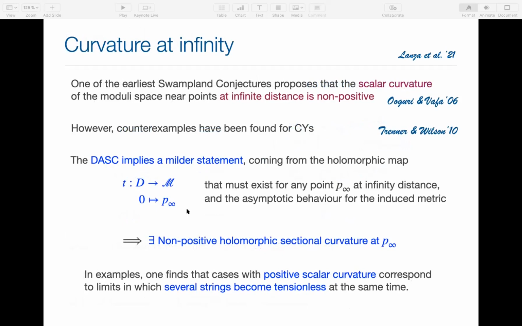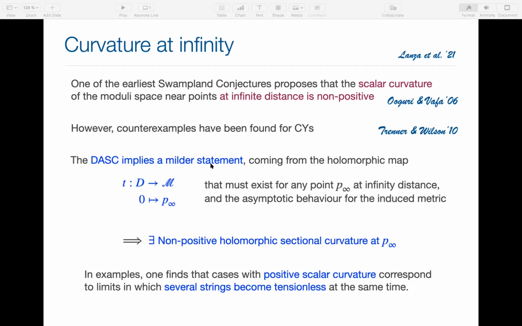One last statement, sorry. It has to do with the curvature at infinity. That was one of the conjectures that appear in your paper. We cannot show that. Actually, what we see is that in the more tricky flows, the ones in which several EFT strings become tensionless, we don't find that the scalar curvature at infinity is